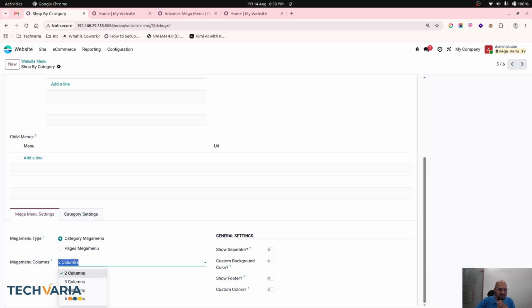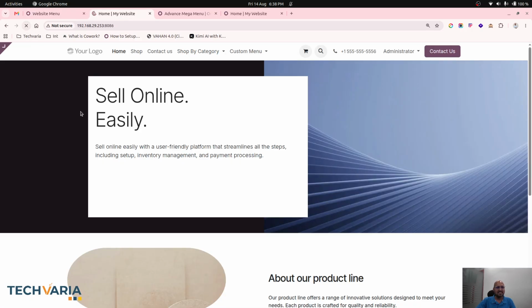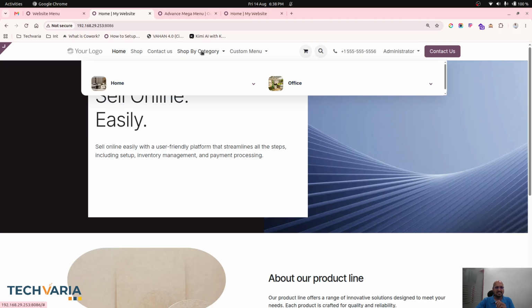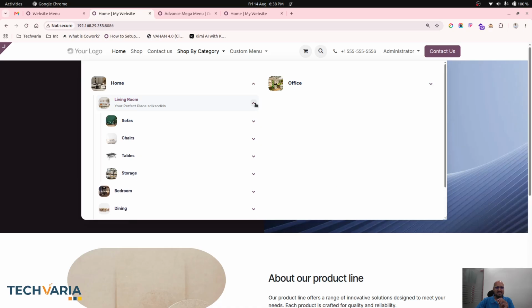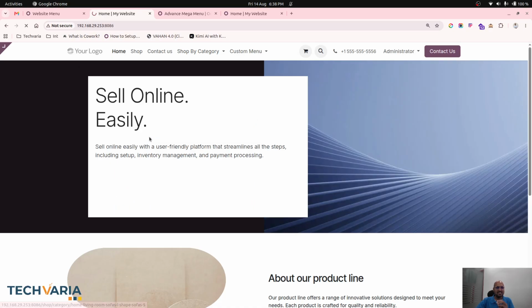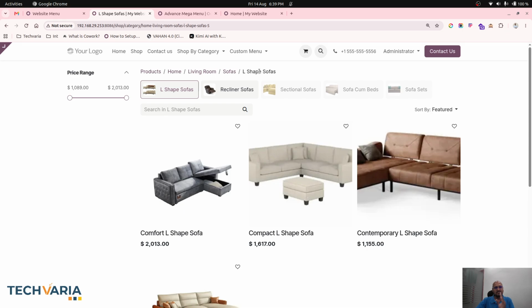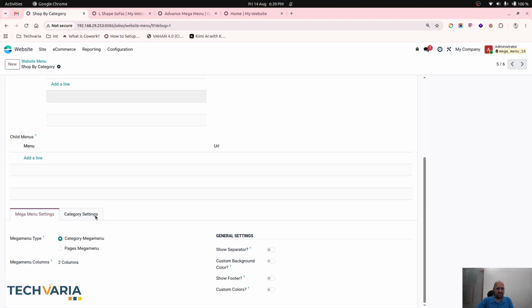Now I want to utilize a standard 2-column, 3, 4 or up to 6-column mega menu which Odoo gives, with additional general settings also. So once I am done with that and I come to my website and refresh it, you can see the mega menu over here which will allow me to build such a hierarchy view, and I can directly jump to that level of subcategory or child category up to any level. So that is the first feature I wanted to showcase, where you can see the category mega menu is there with 2